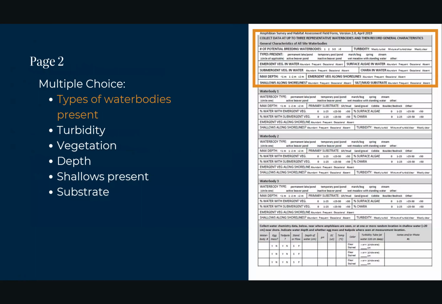Now we're on to the back page. And again, although this looks like a lot of detail, it's mostly multiple choice and is pretty straightforward. And you don't actually even need to fill out the entire section. The first and most important section on page 2, the backside here, is taking a note again of those different